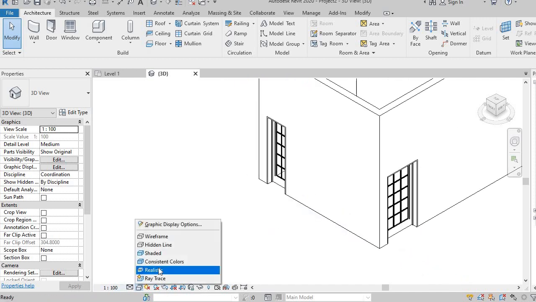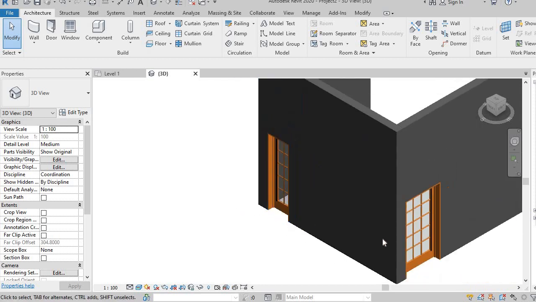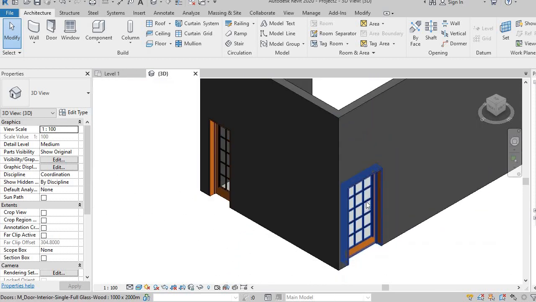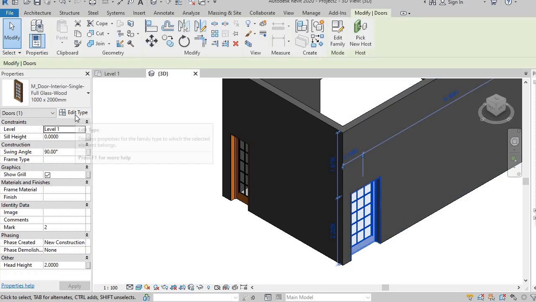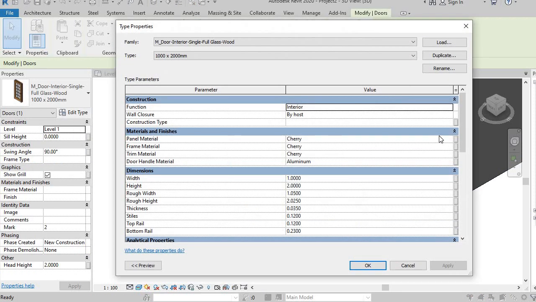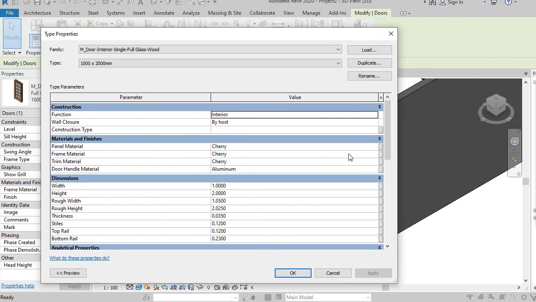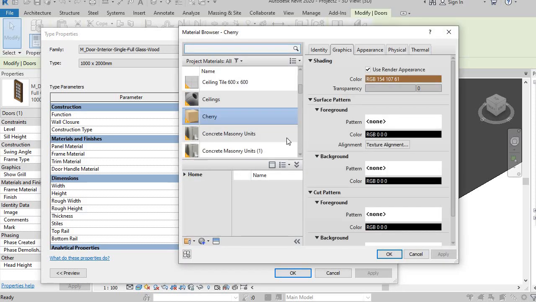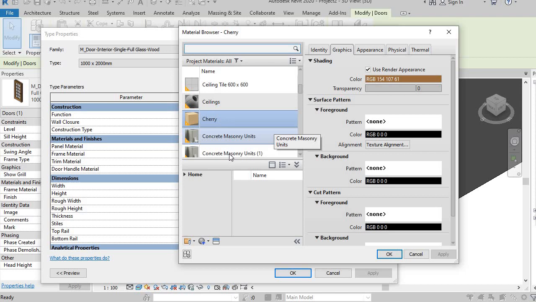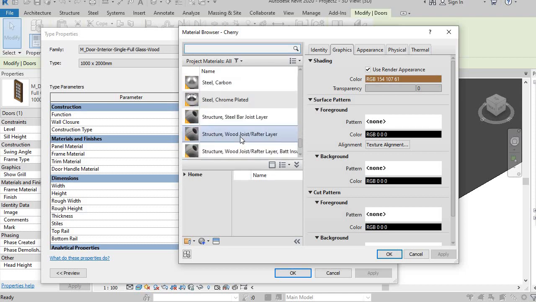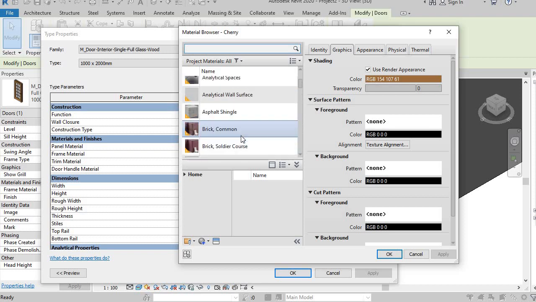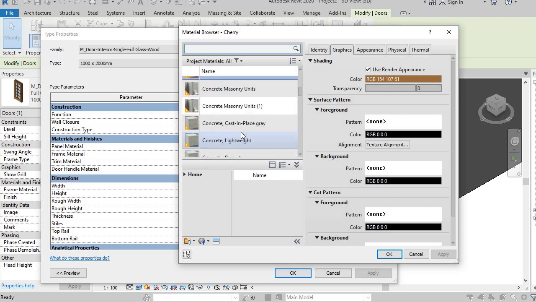Click on realistic. And see, this is the modified door. You can change the type of the door also, like the material. Go here and then you can change the panel material here, frame material, whichever you need. Yeah, you can see the material option here. You can change the material, whichever material you want. So on the panel,